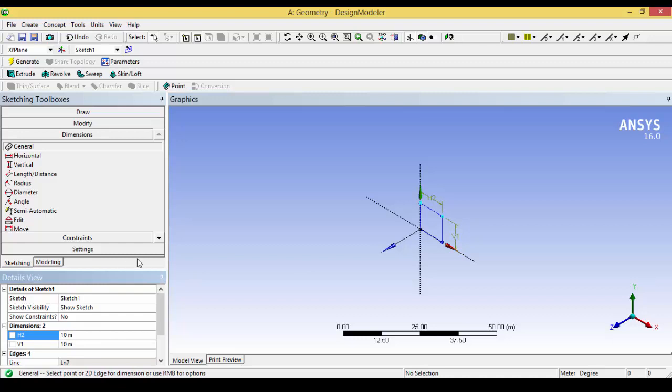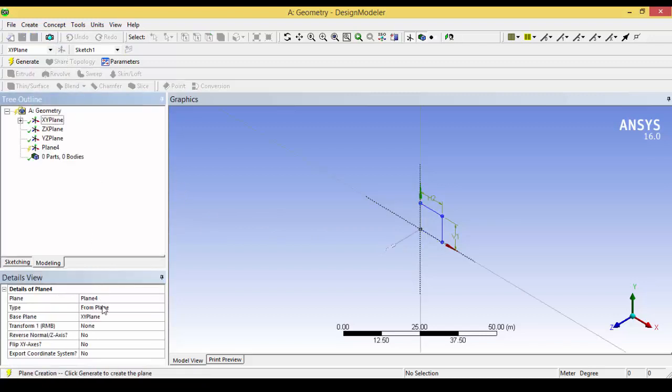So now I have created a square in the XY plane, and now I am creating one more plane which is parallel to the XY plane. For that, I have to click this new plane, and the new plane should be from plane, and the base plane is the XY plane.